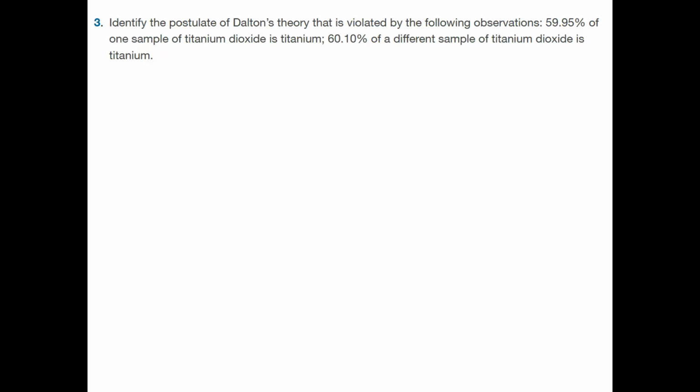So it says 59.95% of one sample of titanium dioxide is titanium. 60.1% of a different sample of titanium dioxide is titanium. So this is indicating that in these two samples of titanium dioxide, you have a different proportion of titanium versus oxygen in each of the samples. So that's not correct. So this violates the idea that